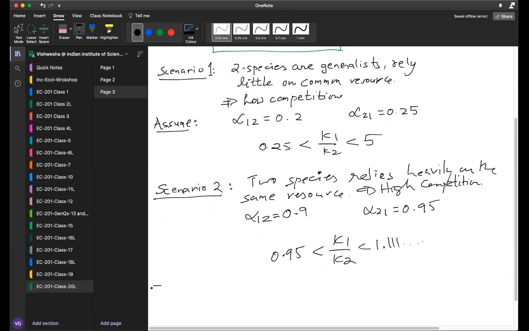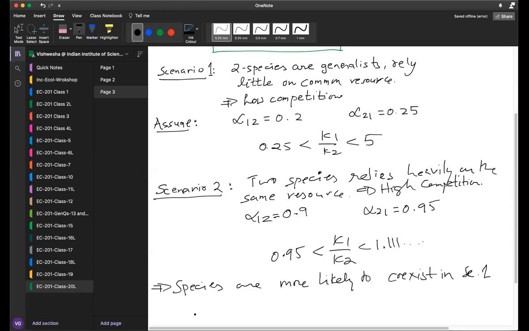Yeah, so which means that species are more likely to coexist in scenario 1, right? What that also means is that, if two species are competing